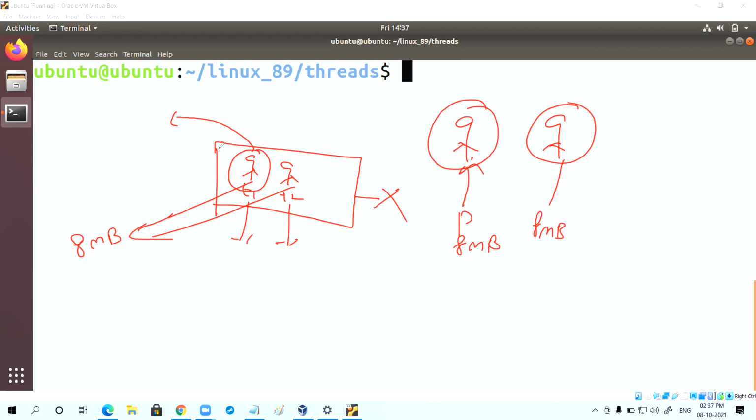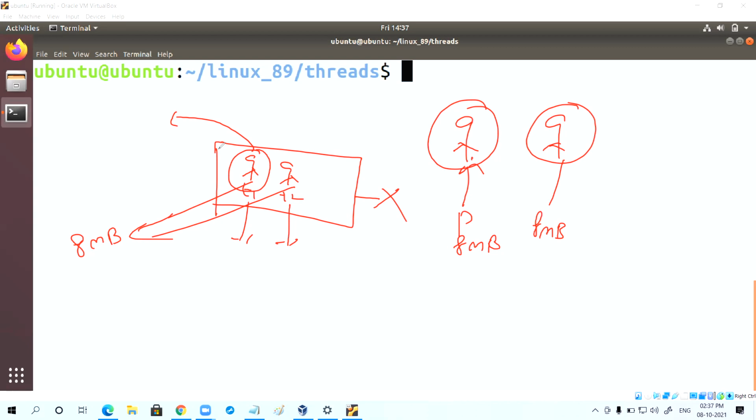If you keep on creating threads, can I say a memory crisis comes for that process? In this type of situation, is threads a better option or processes a better option?